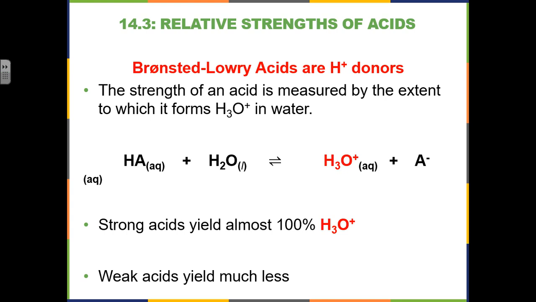And what do I mean by behave 100%? It means during a reaction, it donates a proton or donates an H group with 100% effectiveness. Now, a weak acid is not as inclined to donate a proton. And so, therefore, it does not end up yielding as many